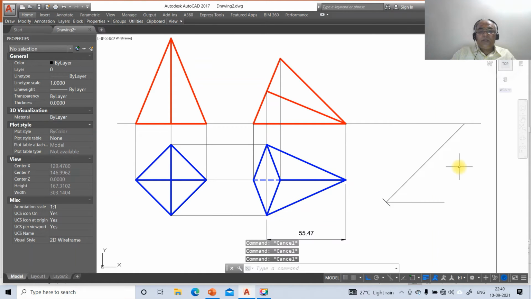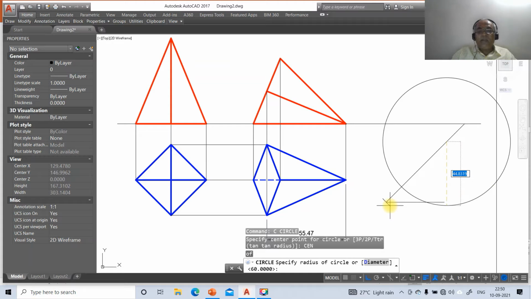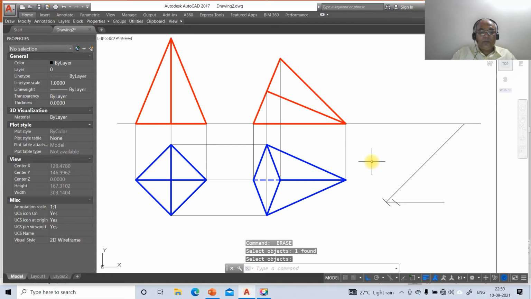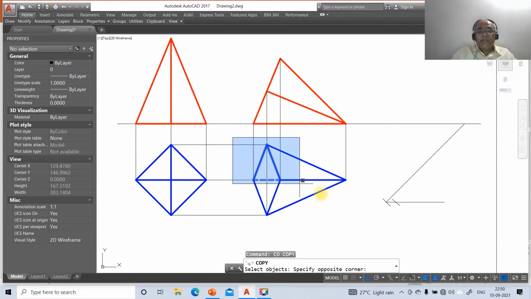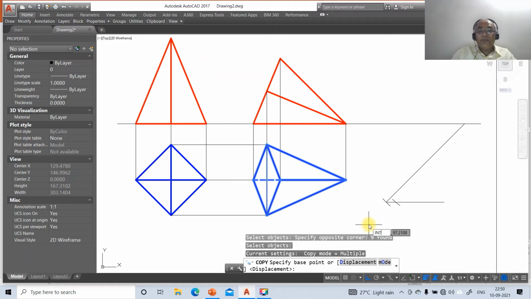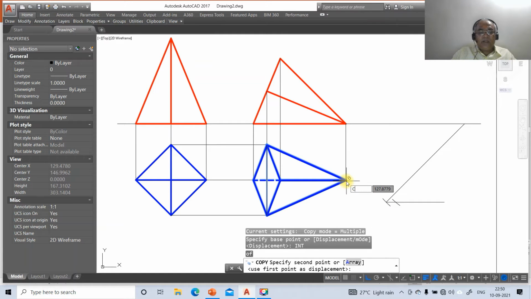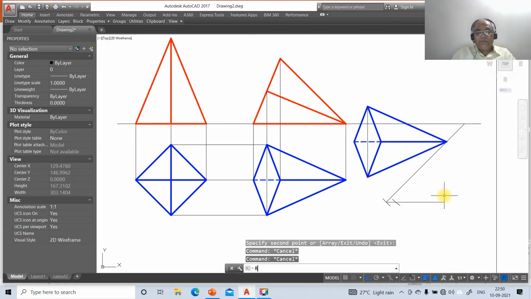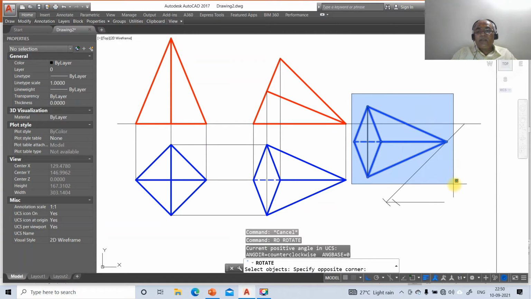55.47. So you just go to circle, take center of this, take the radius as 55.47, then go to break this circle here and you break this arc here, then go to erase these two, then go to copy, select this entire thing and then copy to this position, take intersection of this and take center of this line. So once you do that, then go to rotate, select this, the entire thing and then